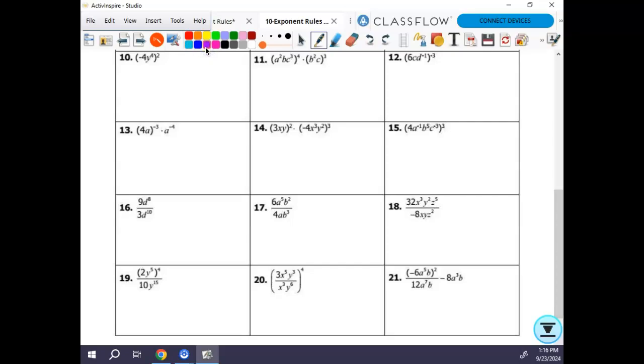So I've got this whole thing in these parentheses to the negative 3 power. My first thing I'm going to do is put 1 over, and then I rewrite it, 6c times d to the negative 1, to the 3rd power. Do you see how it only changed the negative on the 3? It did not change the negative on the negative 1, okay? Because that exponent belongs to that, we moved it down here. So then the next thing I'm going to do is actually cube the denominator. This is a mono